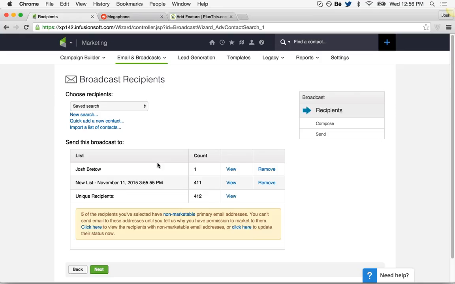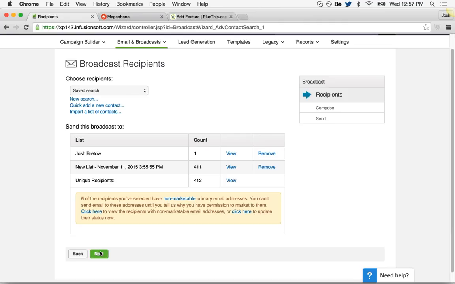Now it's still best practice to clean your list, so you're not getting wrong reports. You're sending an email to 10,000 people, but a ton of them have unsubscribed already, so your numbers are going to be off. So it's best practice to clean the list. So yeah, I would go next. I have my list,